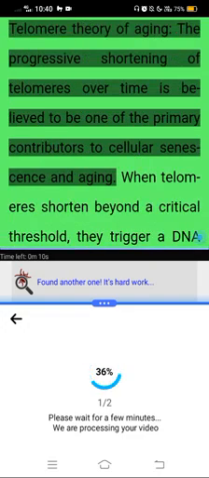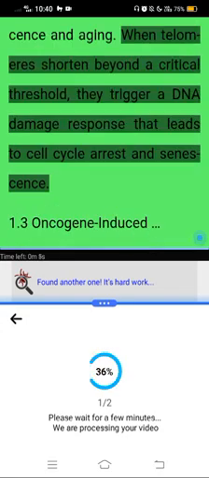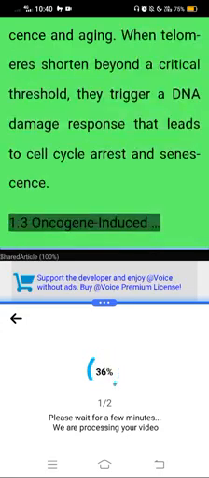Telomere theory of aging. The progressive shortening of telomeres over time is believed to be one of the primary contributors to cellular senescence and aging. When telomeres shorten beyond the critical threshold, they trigger a DNA damage response that leads to cell cycle arrest and senescence. 1.3 Oncogene-induced